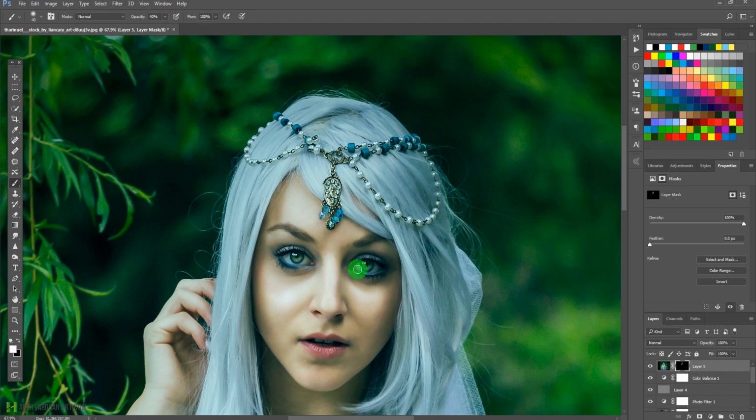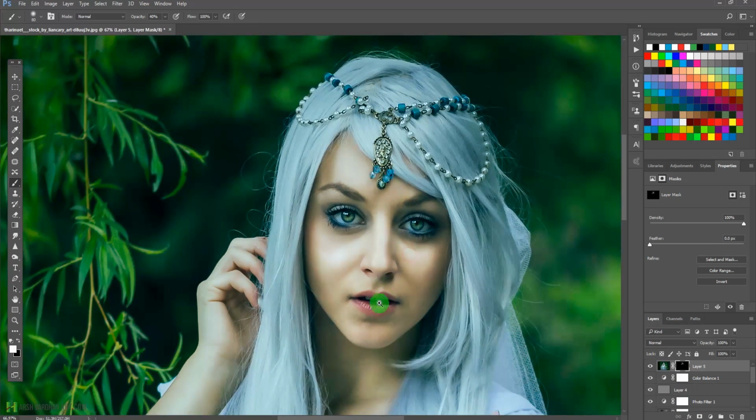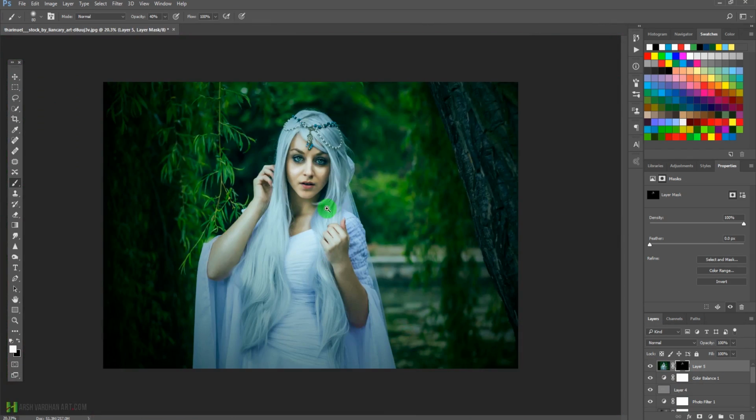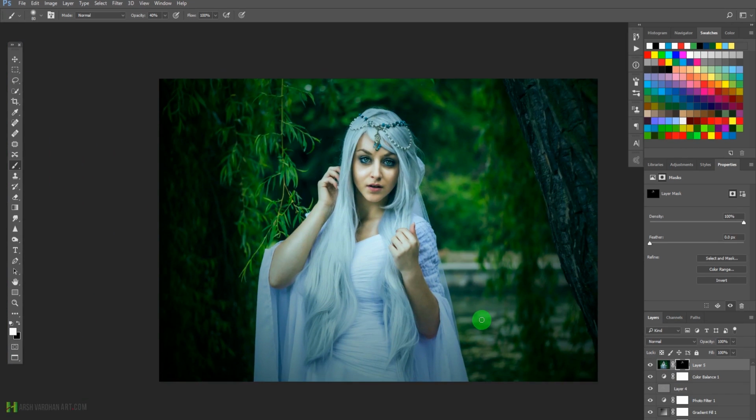And I'll just show you the result before and after we have applied this sharpening. So this is the before and after. If you are watching in full HD, then you might be able to notice the difference, and it has made the eyes pop, really pop. Okay, so this is our final result,